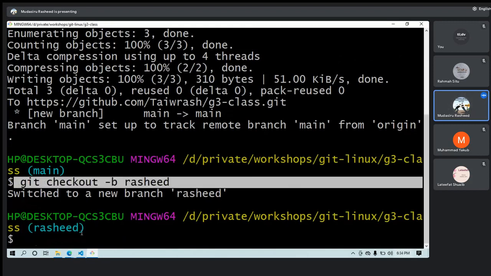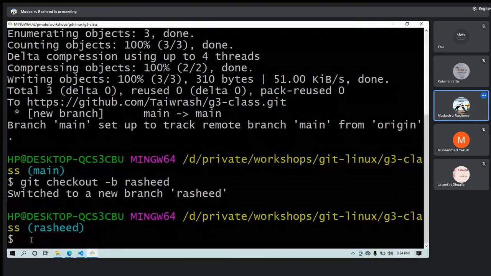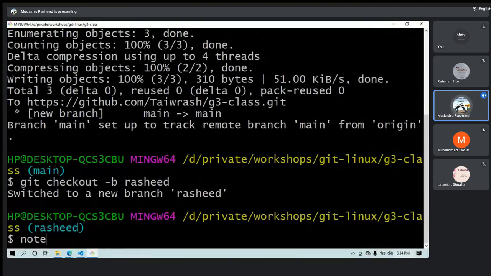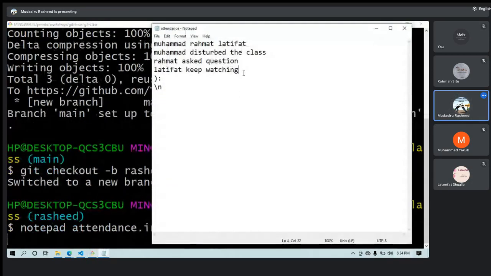You get that? Okay. I can now go ahead and edit the attendance file we have. Let me open it with Notepad and say attendance.in. Now I want to add a comment.